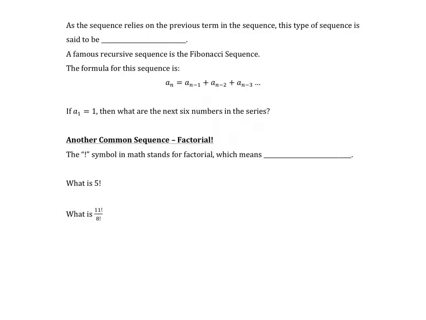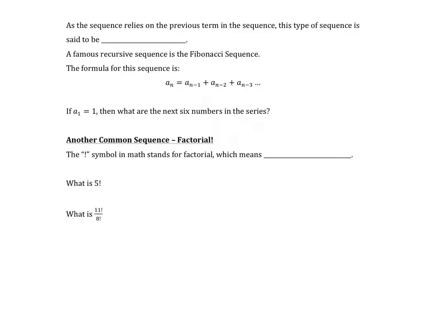Okay guys, this video will be relatively short. I know sequences can be really challenging, so I don't want to go too fast, too quickly. I know there are some questions today about recursive versus explicit, so let's just focus on a common sequence called a factorial. And you may have seen this before, maybe not known exactly what it was, but let's just jump